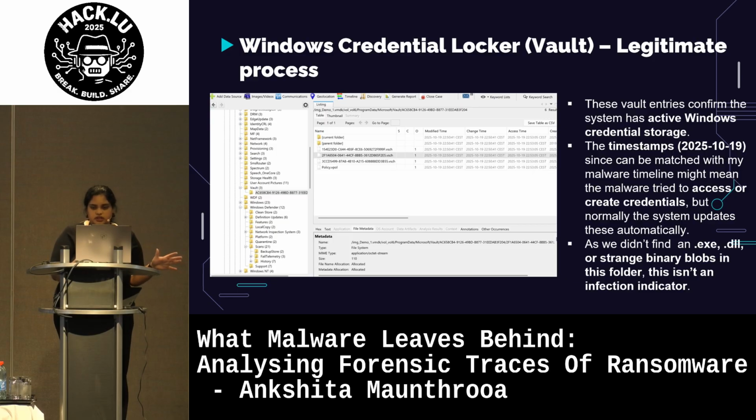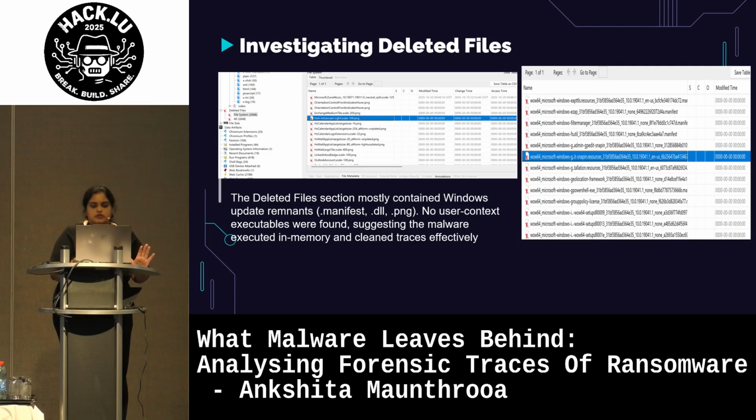So this is one thing that I was trying to see. The next thing I went to was the deleted files. I'm not sure if you can actually see that, but in the first image you would see about 4,000 deleted files already. Generally, investigating that on a clean VM where I had only done basic reverse engineering investigation, it is a bit suspicious because I'm not really deleting anything. It's just the malware that is infecting my entire VM and the entire system. So it definitely does raise some suspicion.